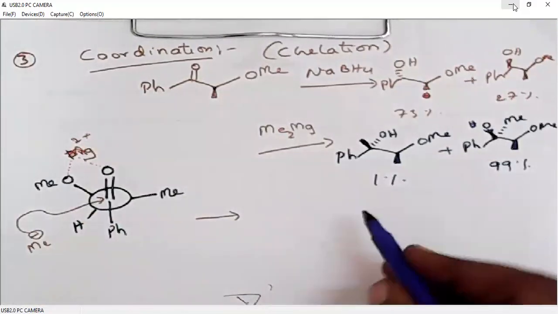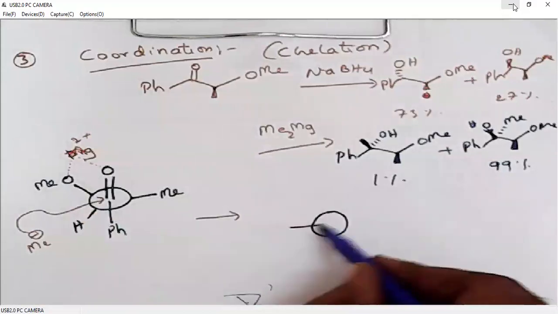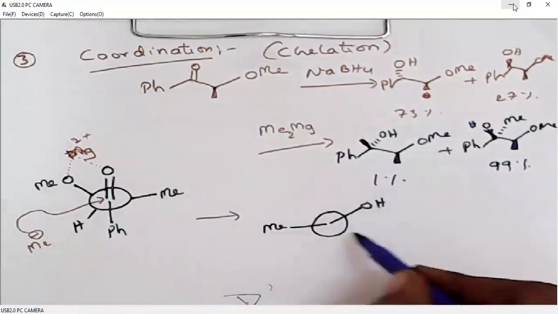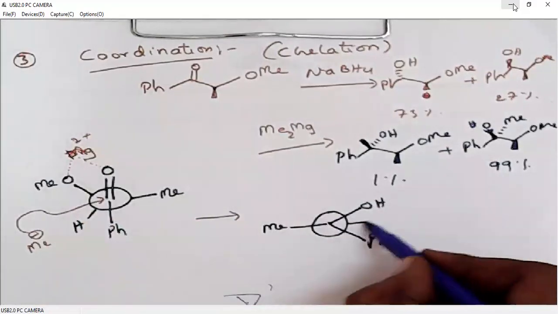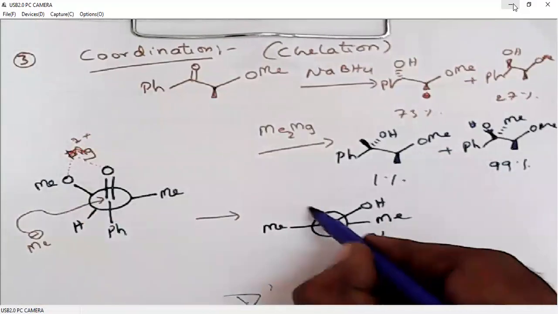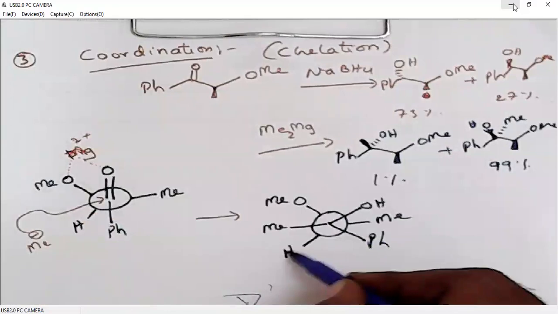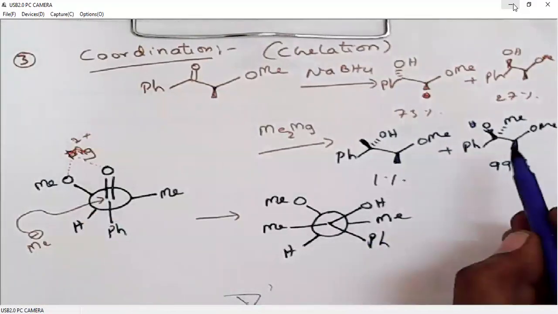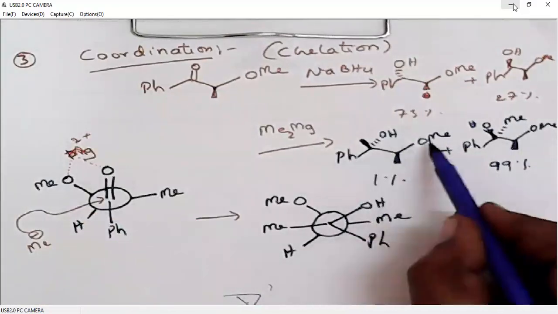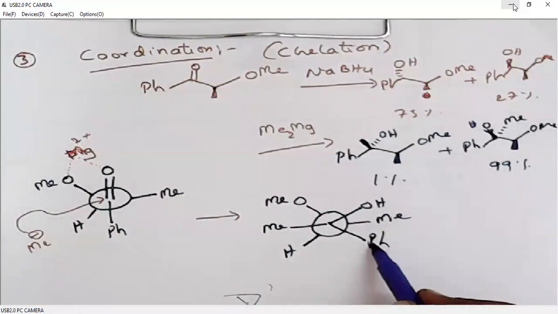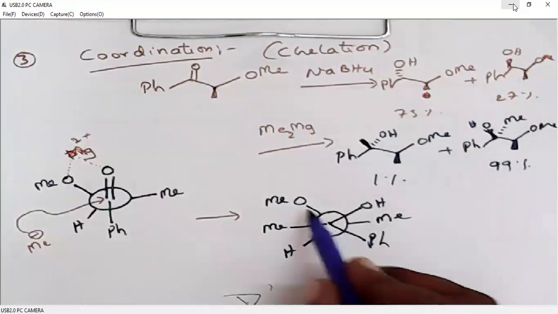So when I write the stereochemistry of this, of course, the incoming methyl group must be like this. Then the carbonyl is converted to OH. Then we have the phenyl group. Of course, we are not changing this. This is the methyl, this is the O-methyl, and this is the hydrogen. Now, when we look at the groups which must be placed in the plane, phenyl and OMe are in the plane. So they must be anti to each other. Phenyl and OMe, yes, both are anti to each other.